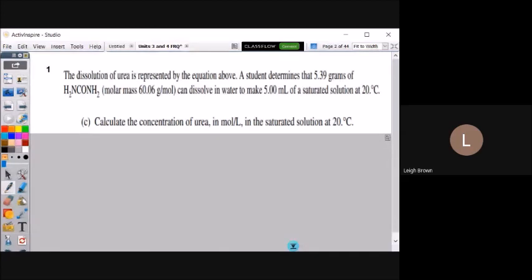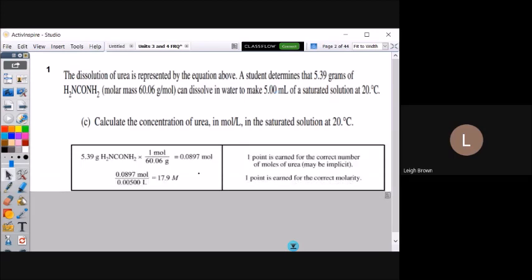So we have our mass right here, 5.39 grams. Just think in your head, start writing it down. What would you do to solve this? We would take our 5.39 grams, we would divide it by our molar mass to get moles, and then how do we get molarity? Well, it's moles per liter. The problem is I have milliliters. That's where a common mistake would be, for students to not change milliliters to liters. So again, think milliliters to liters, you're going to have to divide by 1,000. All right, so I'm sure you're all thinking that.